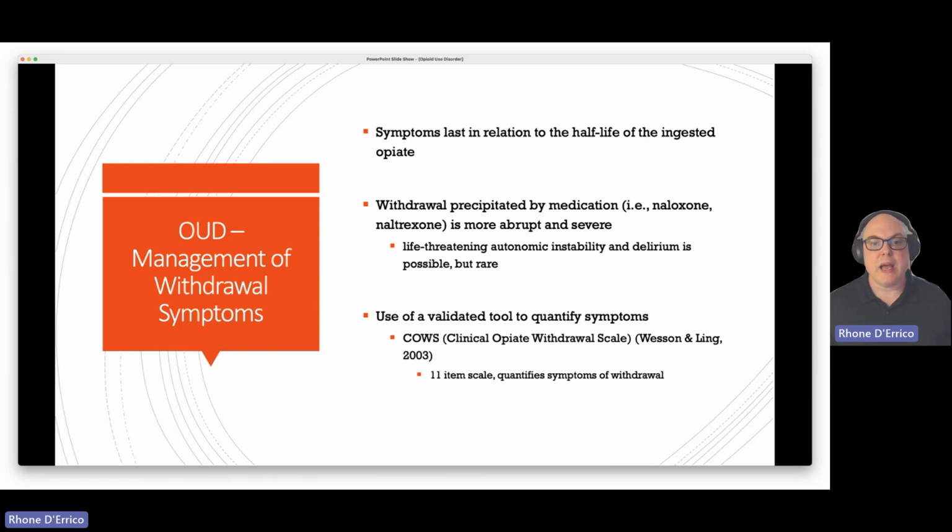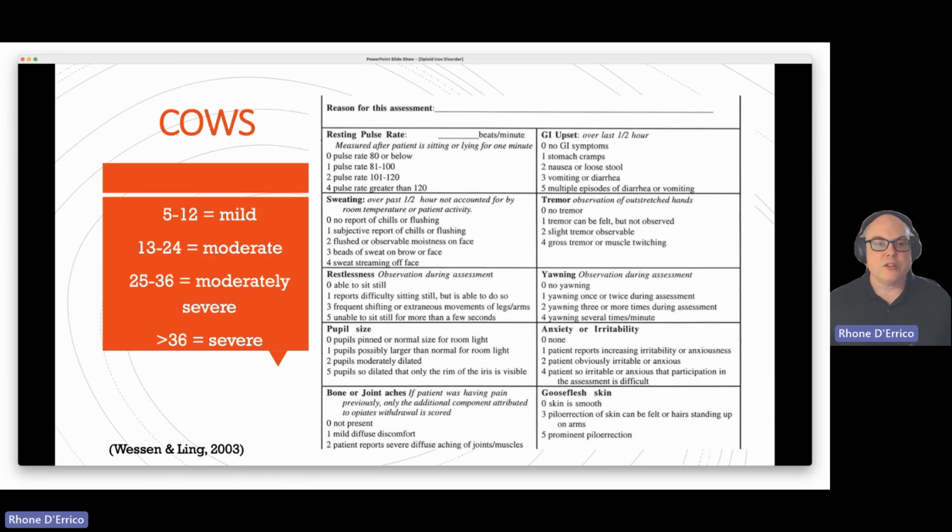Now, how do we validate withdrawal symptoms? Well, we use the COWS, the Clinical Opiate Withdrawal Scale. This is an 11-item scale that quantifies some symptoms of withdrawal. So let's take a look at that. Just know your COWS categories and know the score. 5 to 12 is mild withdrawal, 13 to 24 is moderate, 25 to 36 is moderately severe, greater than 36